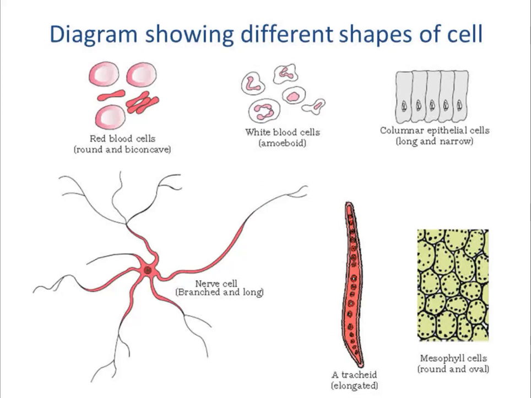These cells will be covered as a part of either animal physiology, human physiology, or plant physiology in the upcoming lectures. But their variation in shape is very important to learn. Now in the textbook you are just given a name of the cell and the corresponding shape, but you should be able to understand, or you should ask a question to yourself, why such a shape is there.